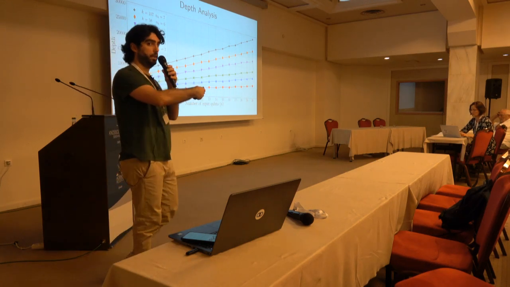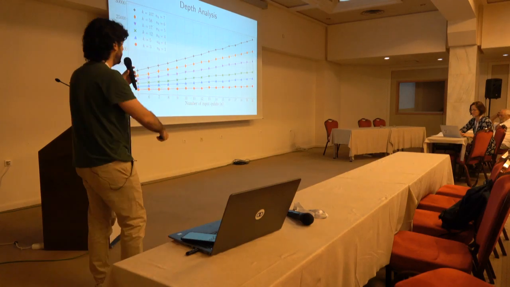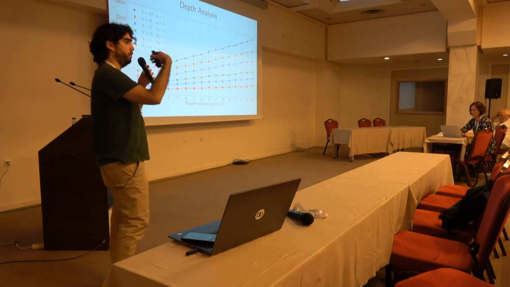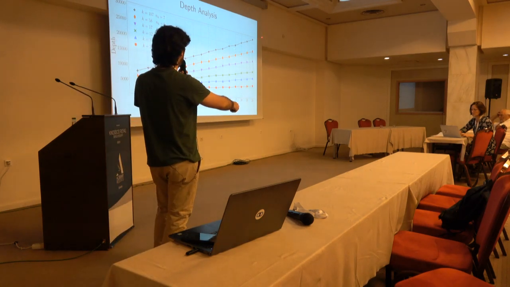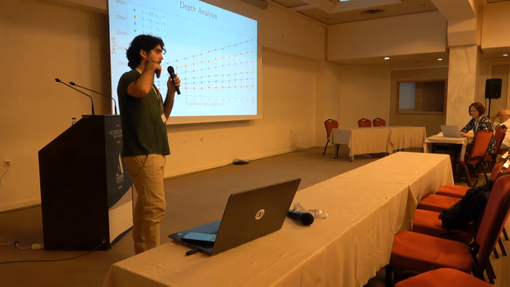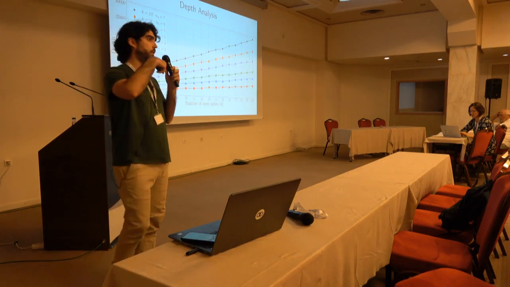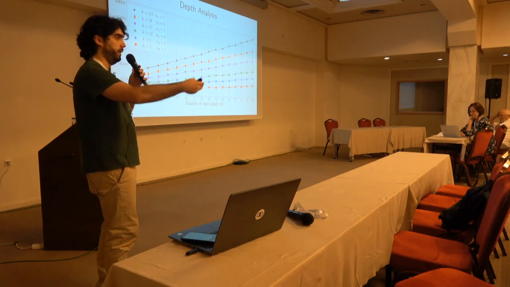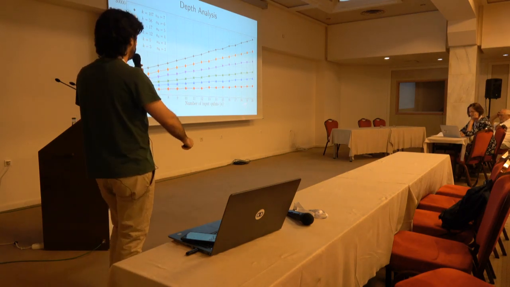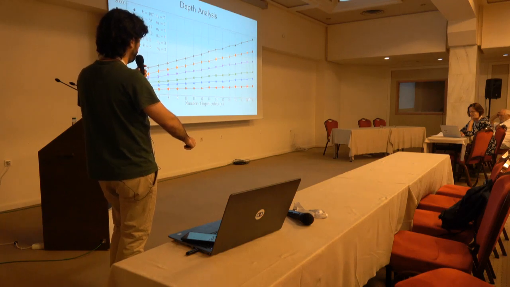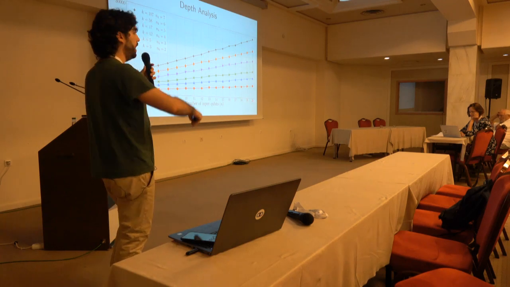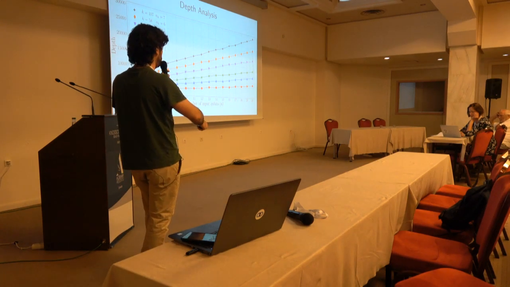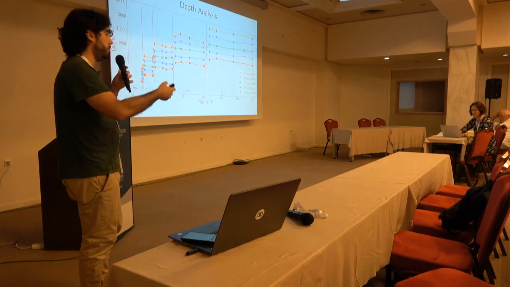So the good part that we see here is that the depth of the circuit grows linearly with the number of qubits. So with just a linear growth, I can compute numbers which grow exponentially when I go to the next number of qubits. So, for instance, from 2 to the power 19 up to 2 to the power 20 are the double the multiples that I have in the previous section. And the same goes on when